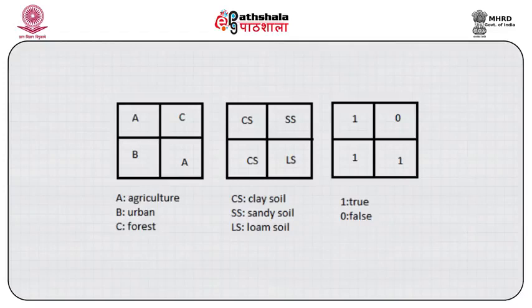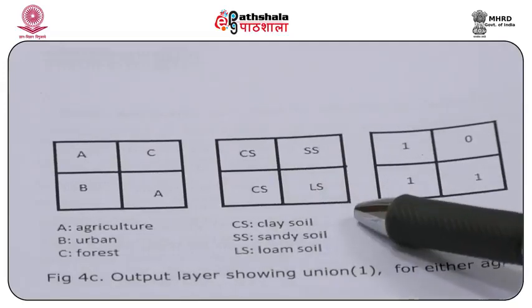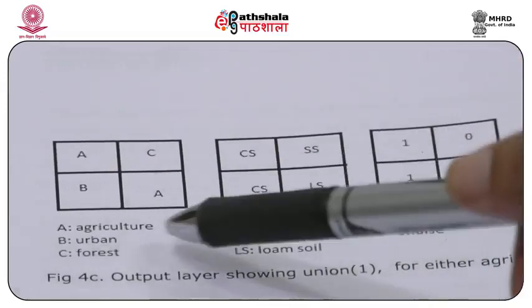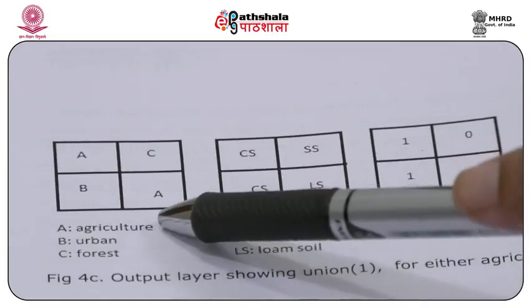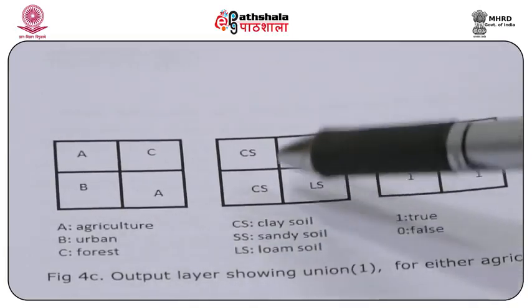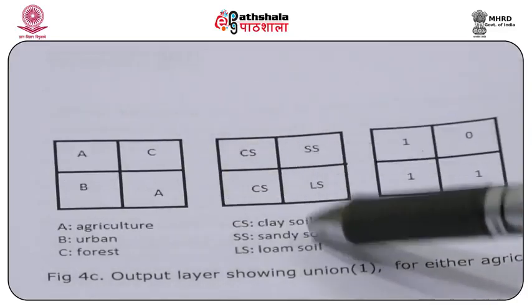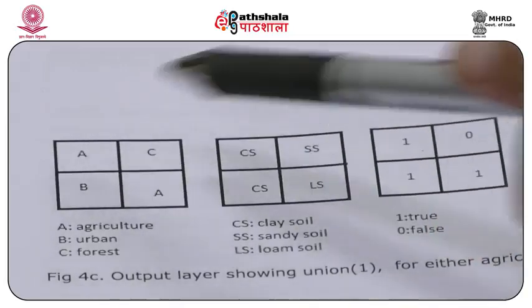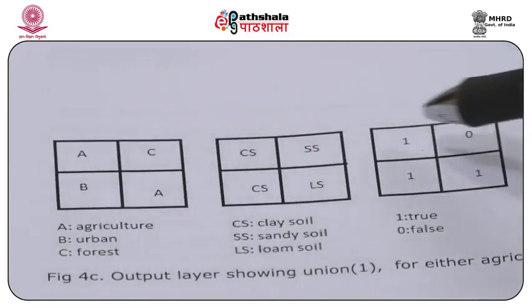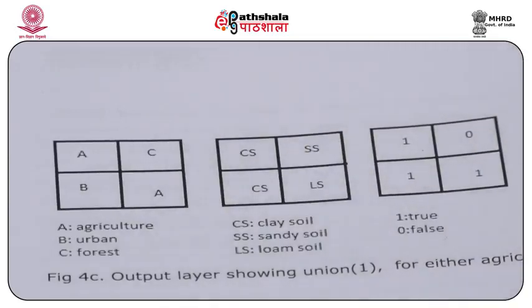So when we talk about union, suppose we have 2 layers here. One is representing land use land cover and the other layer is representing the soil type. In land cover you can see we have 4 polygons, and similarly the clay soil, sandy soil and loam soil are also representing 4 polygons here. Now when we want to do a union, we could have, as in the previous one, all true and we could have the attributes for everything here.